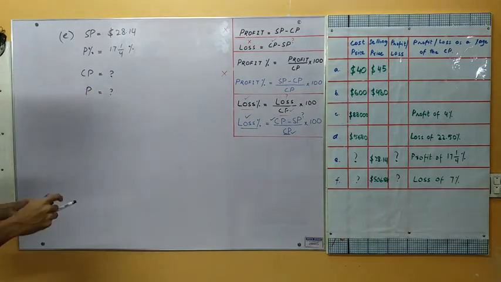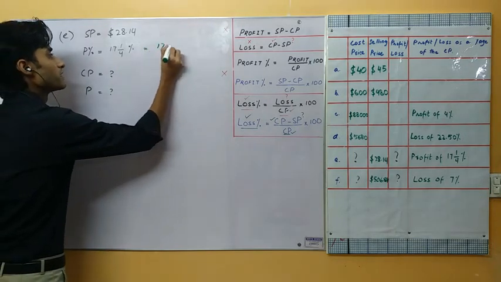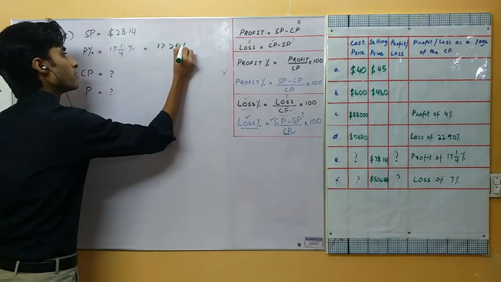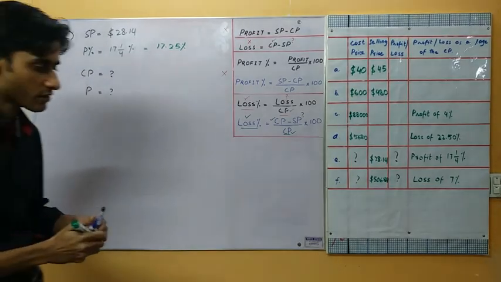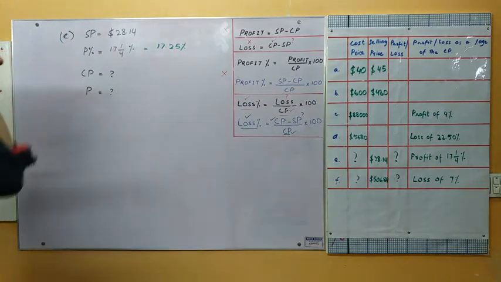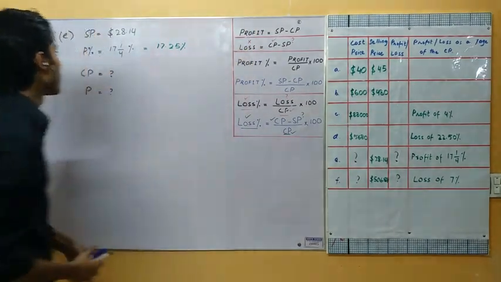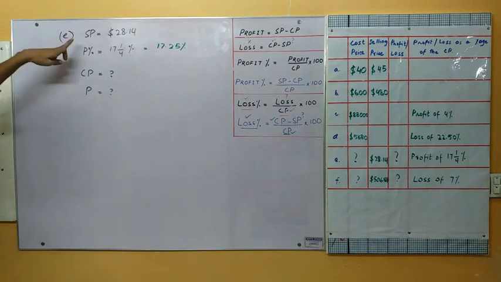Okay. If you want, you may convert it into a decimal form. This will be 17.25%. If it makes things easier for you to calculate, or if you want to continue with the fraction, you may do so. Anyways, what is the first thing that you can find out? Look at the information that you have available. Profit, cost price, profit